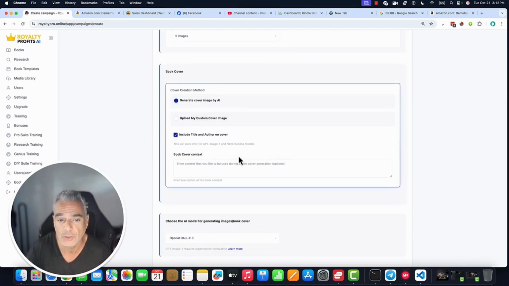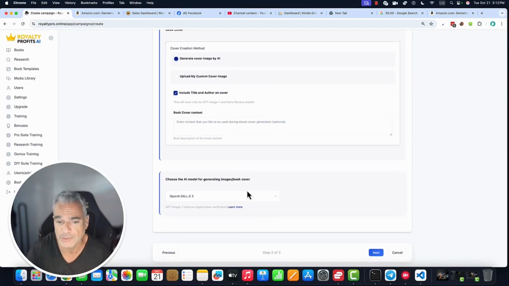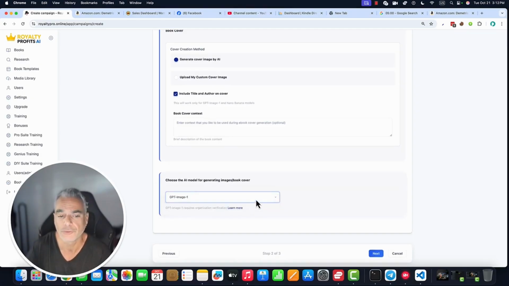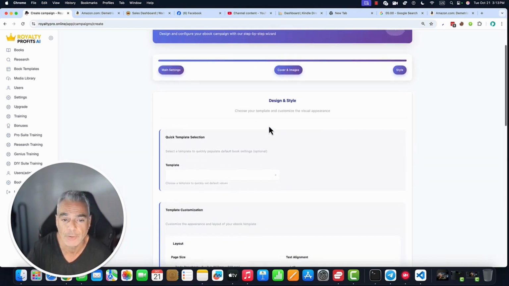And then you can also include your title, author, some context if you'd like. And then we can choose one of the 3 training models that we have, the AI models that we have. We include Nano Banana, GPT, and Open DALL-E. Well, I'm going to be using GPT-1 for this one,